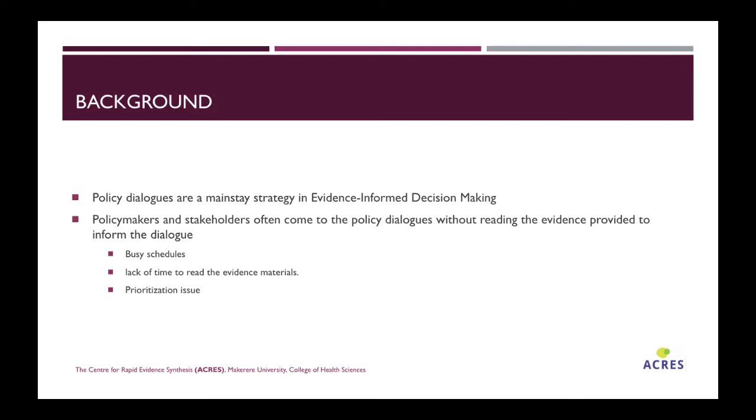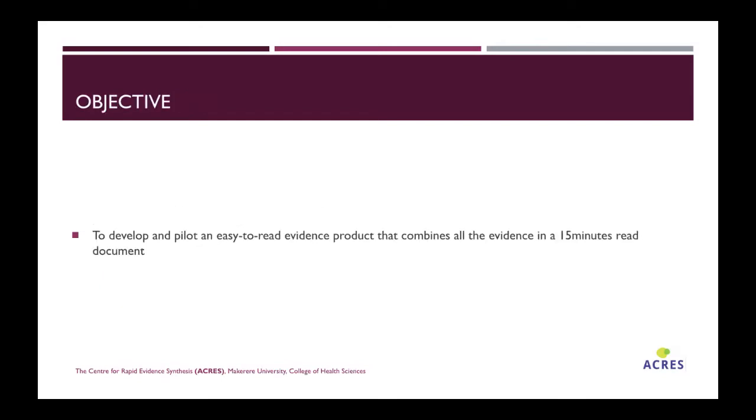Or the other issue might be the way we package the evidence. You're giving a policymaker a policy brief, a rapid response brief of 6, 7, 10 pages. Policy briefs can even go up to 30, 50 pages. Citizen panel reports could range from like 5 to 10 pages, whichever the case. So it could be the bulkiness of the information that we are providing that could affect the policymakers' interaction with this evidence. So we decided to develop and pilot an easy-to-read evidence profile that would combine the evidence in such